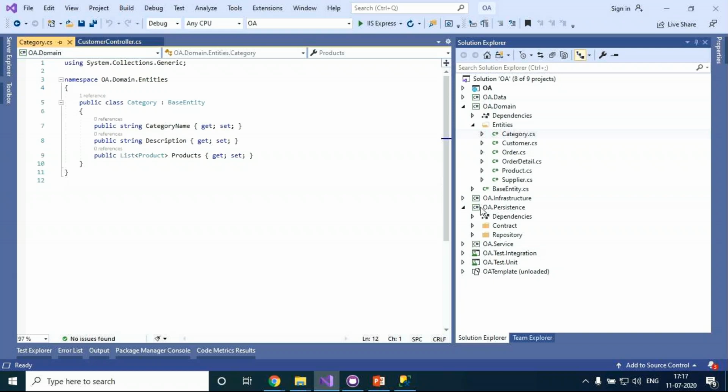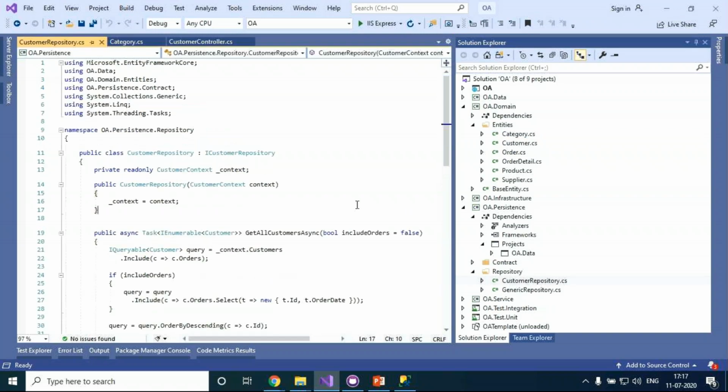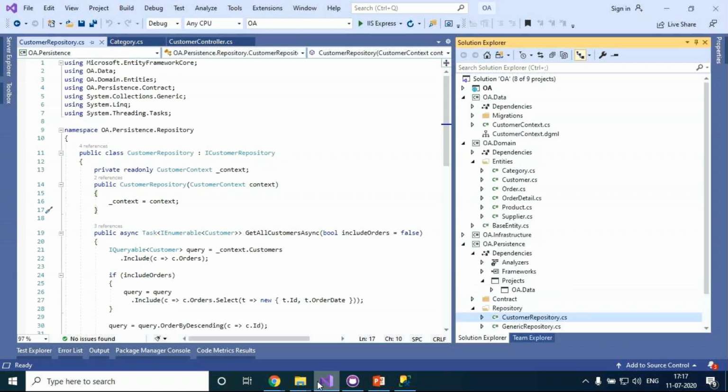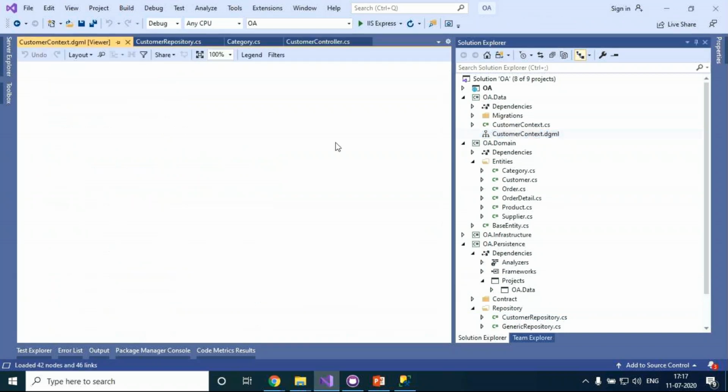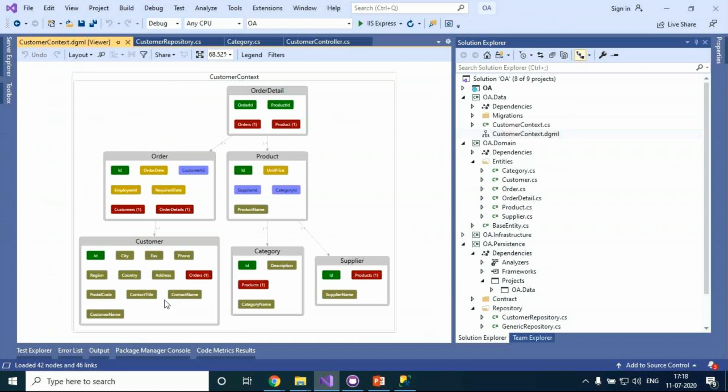After that, I created a persistence layer, which calls the data layer, and in the data layer I'm using the repository design pattern, like the customer repository. This is the diagram. Order details is a one-to-many relation, and this is a many-to-many relation which has an order detail.